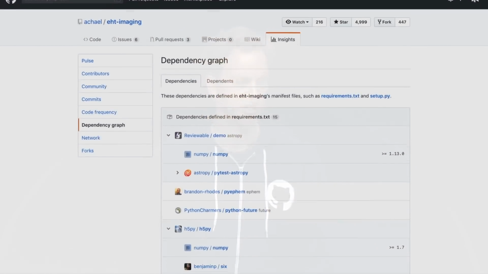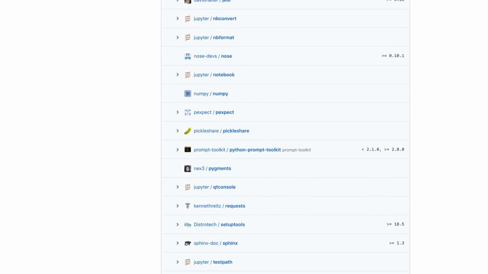So now, as both Katie and CK mentioned, the team actually used a lot of Python code, and they made use of a lot of open source Python libraries in the work that they did. And their code is all public. So we can actually go to the repo and look at it. And we can also look at their dependency graph. And here it is. You can see they've got quite a few different dependencies in the graph.